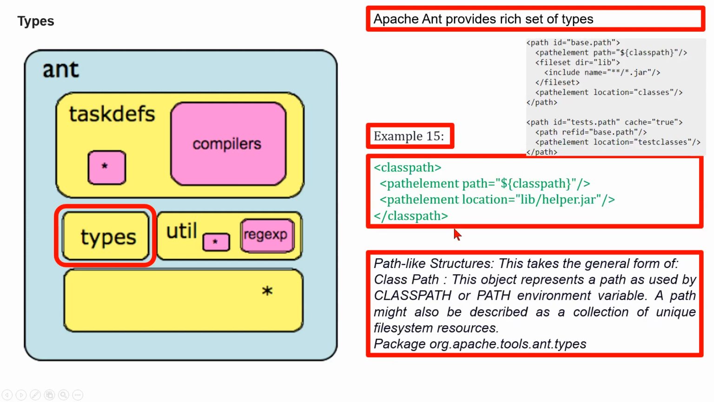Now we are considering path-like structures. This takes a general form of, for example, a class path here. This object represents a path as used by class path or path environment variable. A path might also be described as a collection of unique file system resources. The location attribute specified